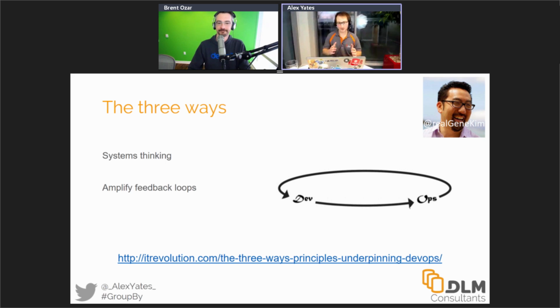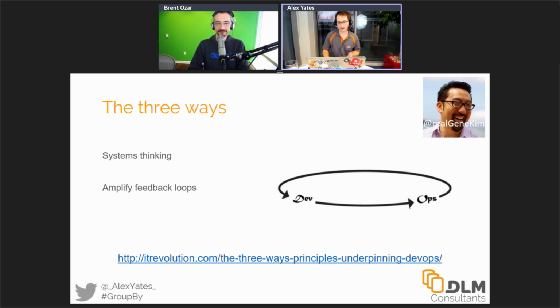Okay, so we want to be amplifying those feedback loops. We want to be having it as quickly as possible. We want to be measuring what our cycle time is. If you don't know what your cycle time is, think about what your cycle time is. Put targets around the wall, put targets around the business. Say, we want to get our cycle time down from six months to two weeks to a day to 10 times a day, like they had at Flickr in 2009.